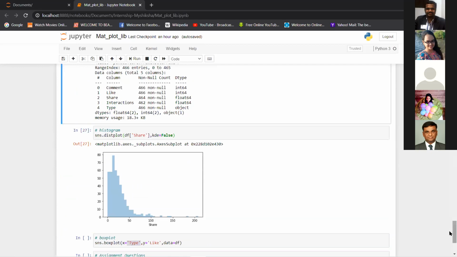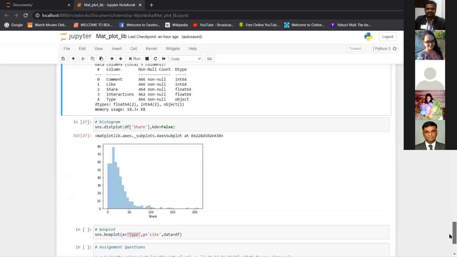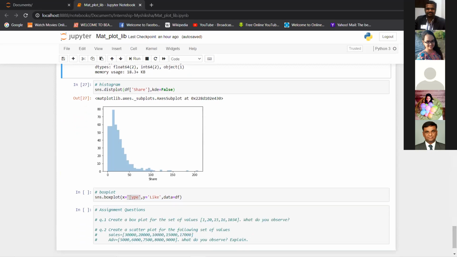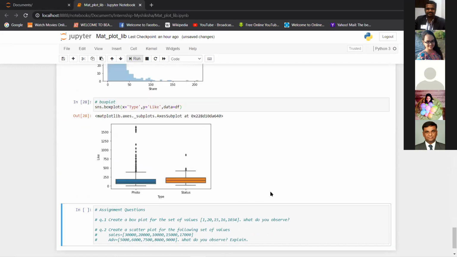I give the column names, type and like, as the x and y parameters, and I give the data frame name inside data. Whatever column names you want to visualize, you give in x and y. So let's try to run this.